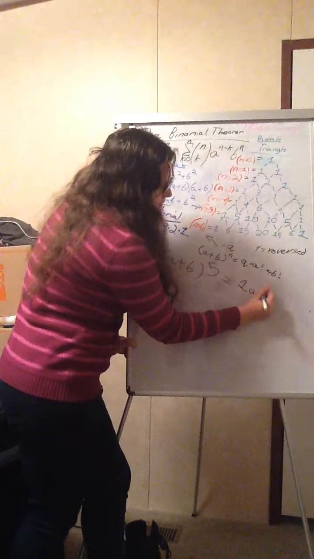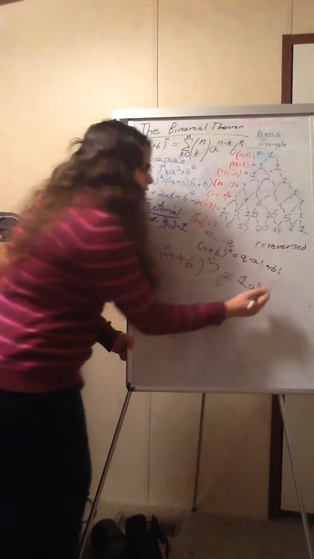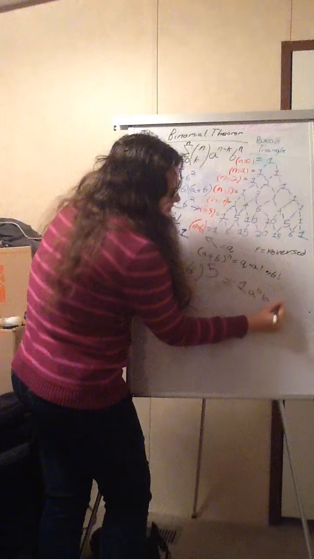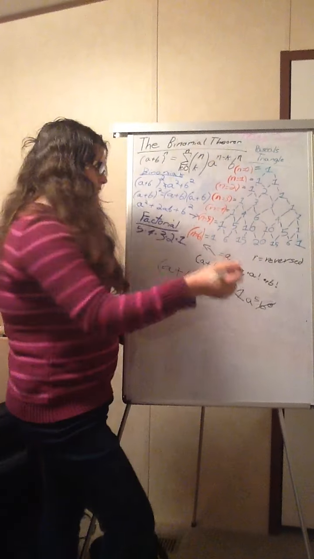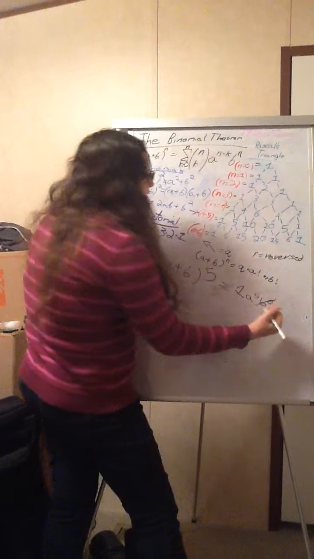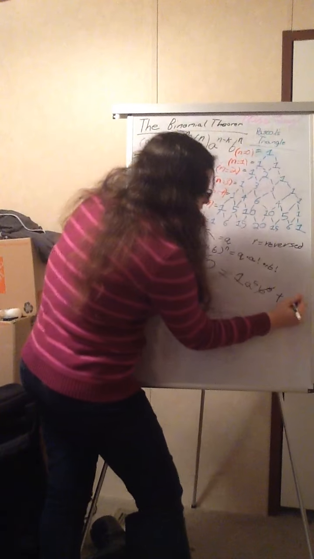So in this case, it would be a to the fifth. And reverse b factorial, which means you start at the bottom. So b to the 0. So basically there's no b. We just wrote it for this purpose. So then, next in the row, 5,